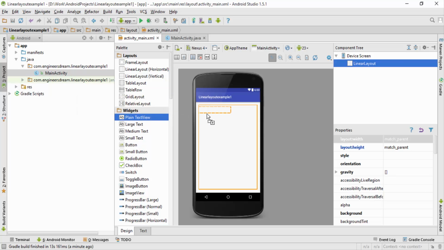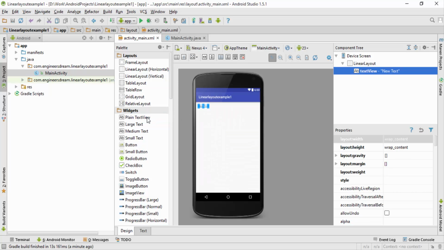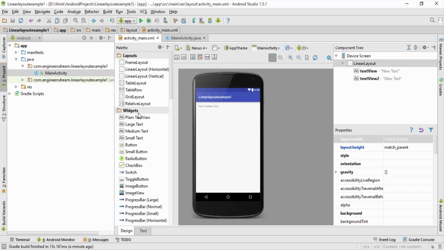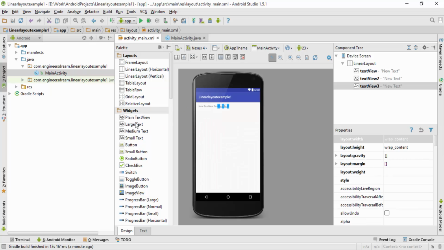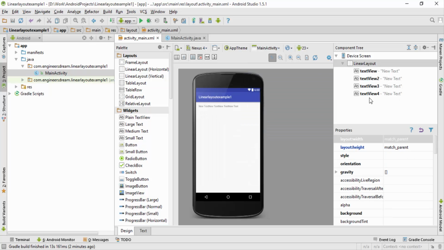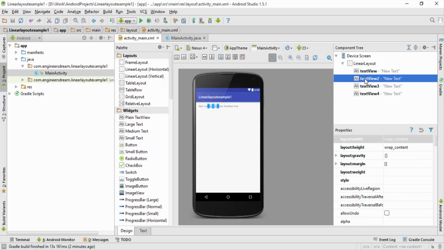So if I drag the text views on the screen, you can see the components are getting placed neighboring to each other. Okay, so I have four text views and all of them are placed neighboring to each other, as you can see over here. So I'll just delete them right now as I don't require them.